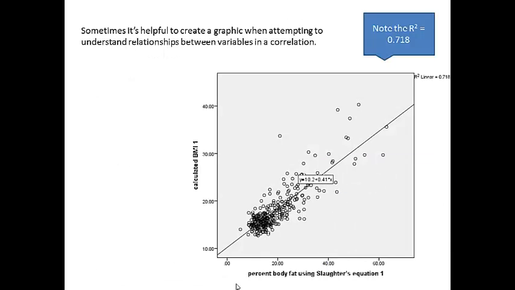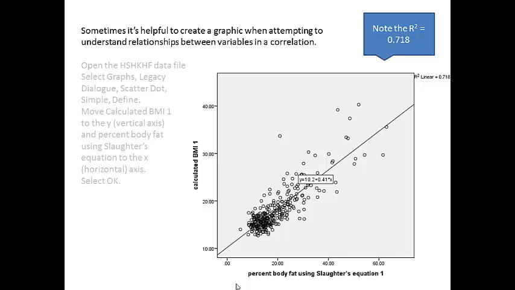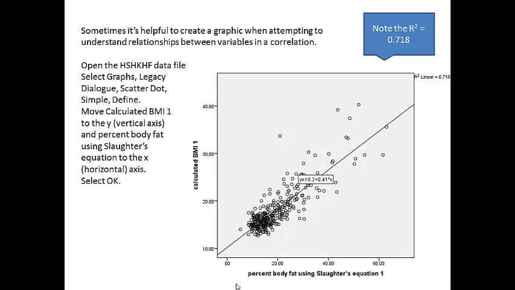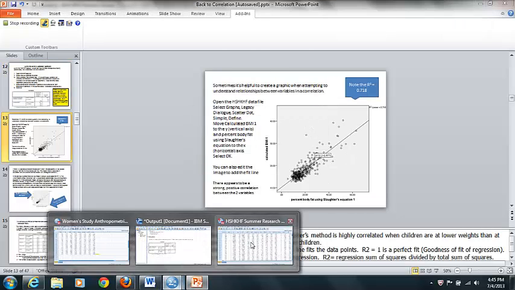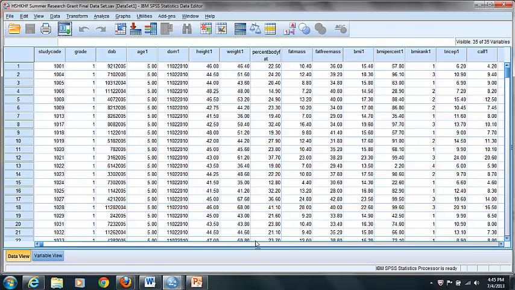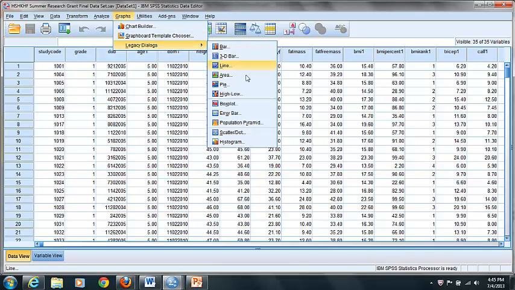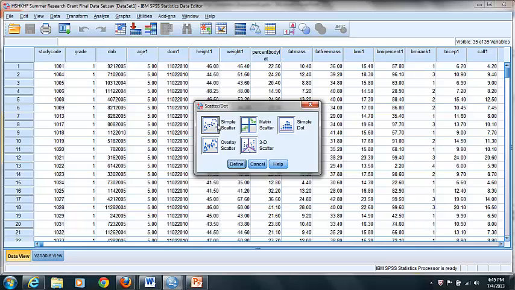Sometimes it's helpful to create a graphic when we are attempting to understand relationships between variables in a correlation. These are the steps to creating a scatter dot. And we'll do that now for you. We will select Graphs, Legacy Dialogs, Scatter Dot, Simple,